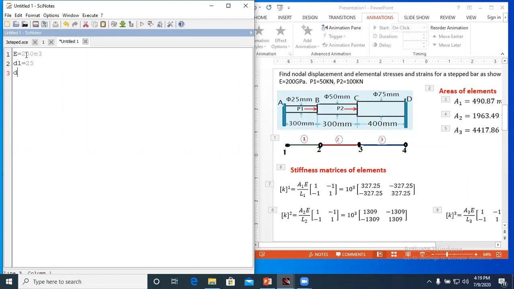Next d2 is equal to 50. Next d3 is equal to 75. Next the lengths are given. L1 is 300. Next L2 is 300.